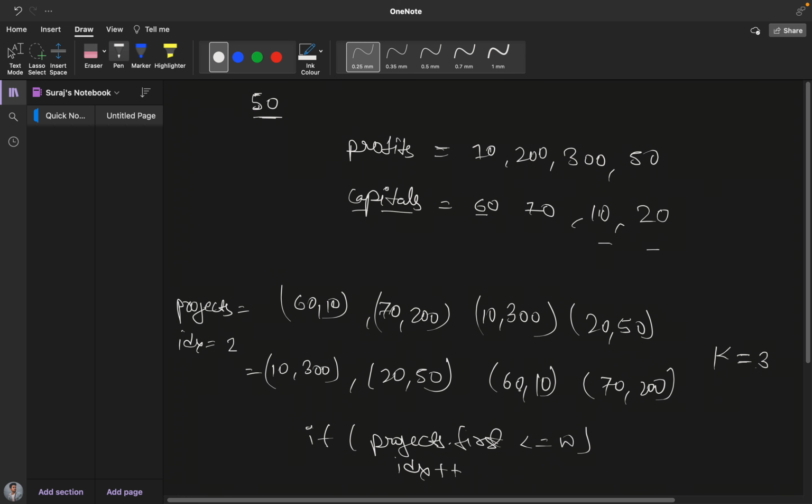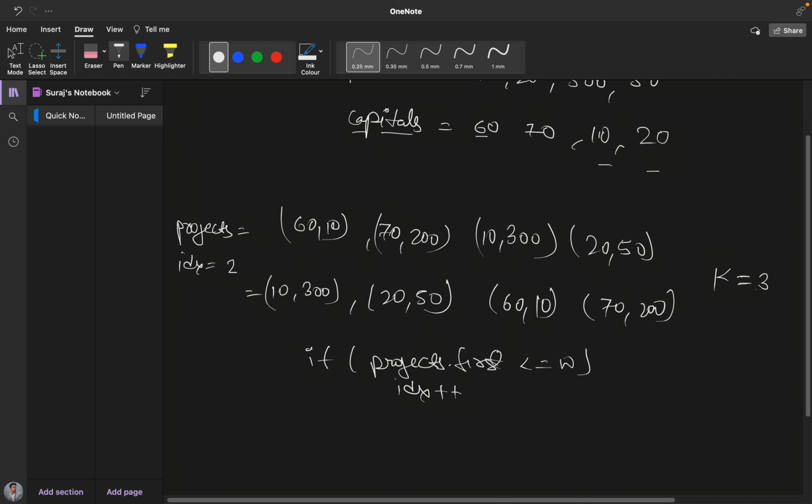Index will go to 2. Can I pick this up? No, you cannot pick this up, right? So you cannot pick this up. My loop will end here, and I will try to